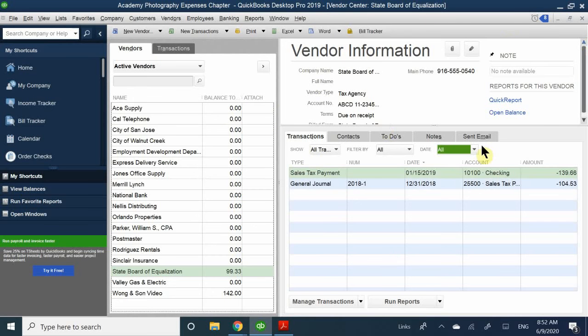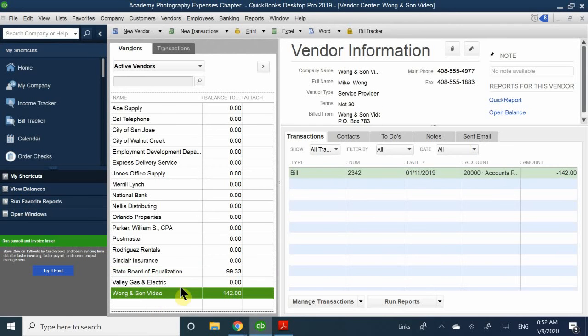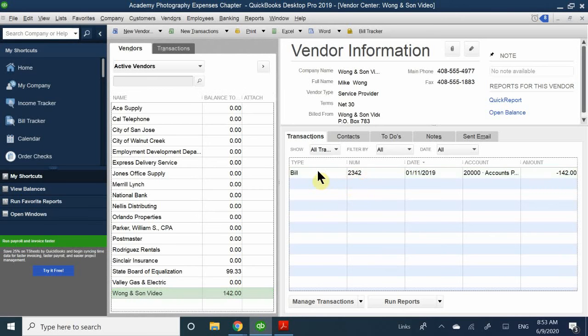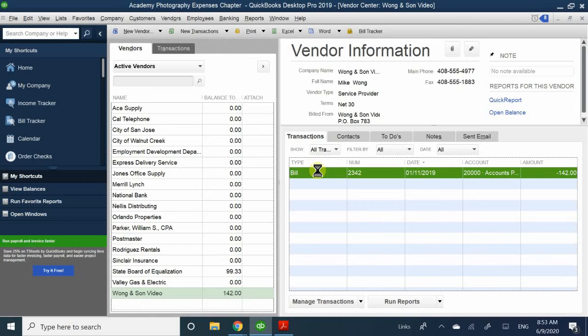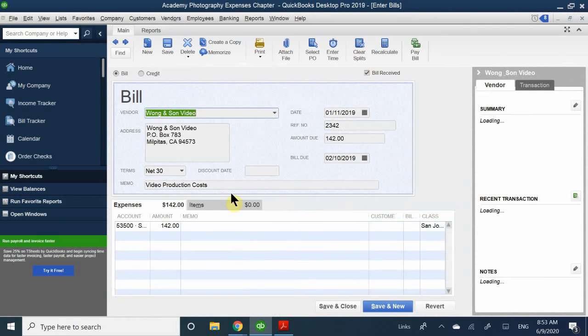So again, it gives you a quick view of the vendor's information and a quick view of their transactions that they have with you. Okay. So, wow. So for example, Wong and Son, they have a bill that they sent you. All right. So when we double click that, the bill should pop up, and as you can see, I'm going to expand this. So here's the bill